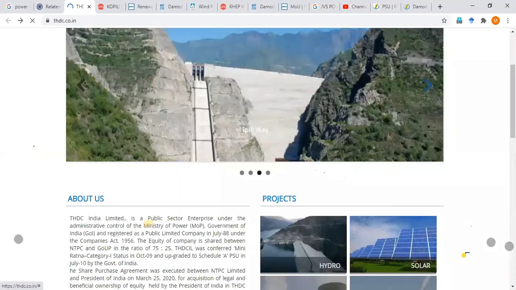Okay, here you can see, I hope everyone can read spillway. So this is what the spillway or spill gates are. Whenever it is necessary to release water, either excess water or water for agricultural or drinking water purposes, it will be taken out from these spillways. Most of the time it works as a safety measure for the dam. Whenever there is an excess amount of water inside the dam, if we release that water through spillways, it will protect the dam wall.